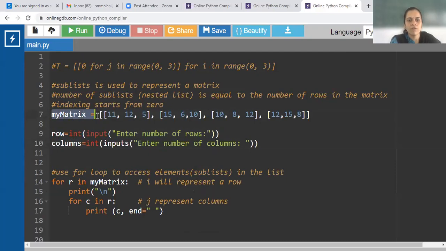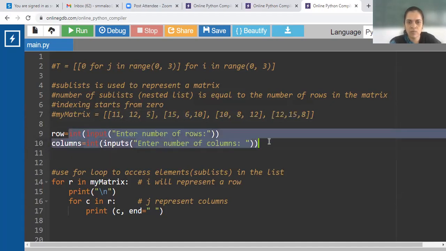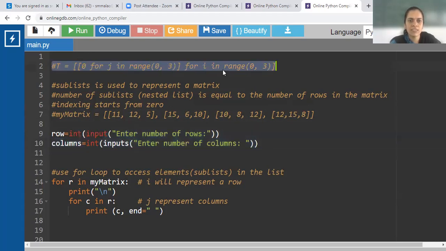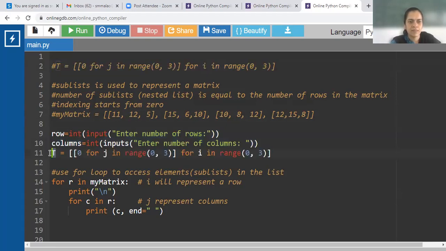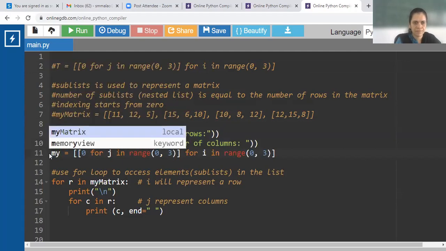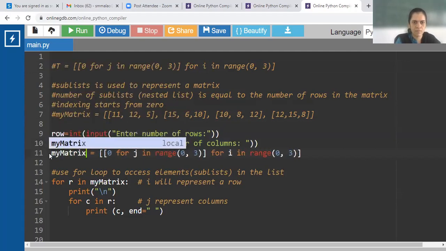Then what we must do, instead of using such notation, we must initialize this matrix of these rows into columns with zeros. And how to initialize a matrix with zeros? By using such for loops.